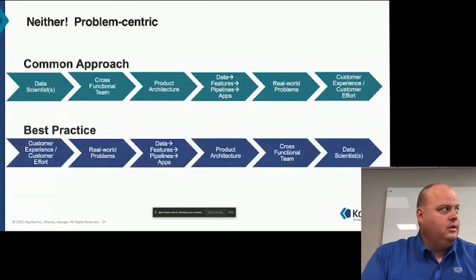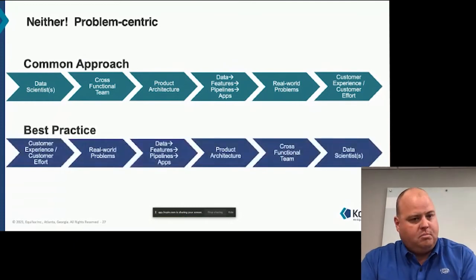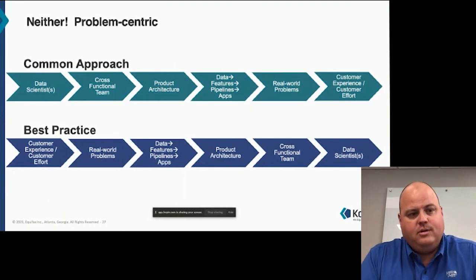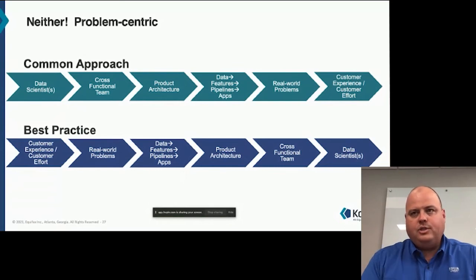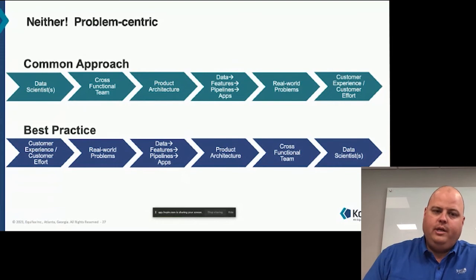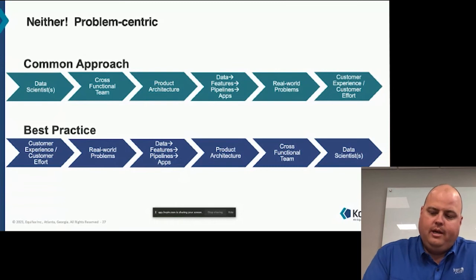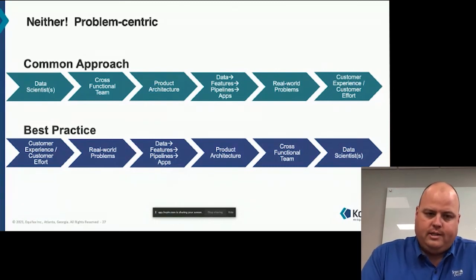But the better way to do this is to turn around this process. So you notice all the boxes here are backwards. Starting with, again, because AI is experienced at the human interface, thinking about how the customer is going to use the solution that you're bringing in, what problems they are facing in the real world. That should then drive what is the data that we need to address this problem, what features we should be extracting, the pipelines, the apps,